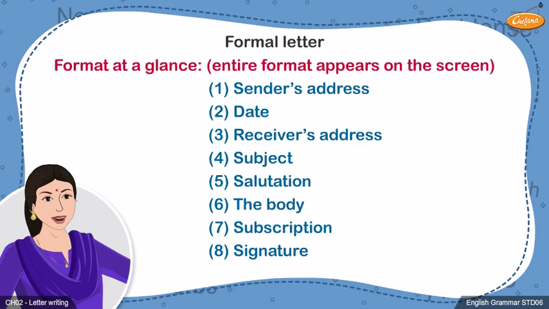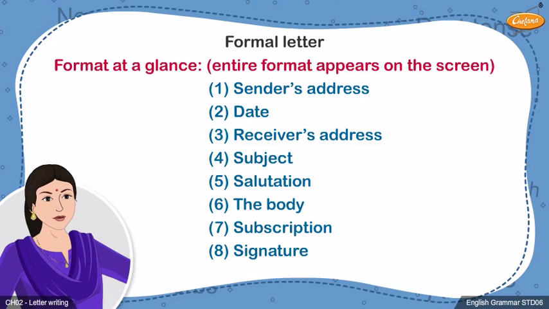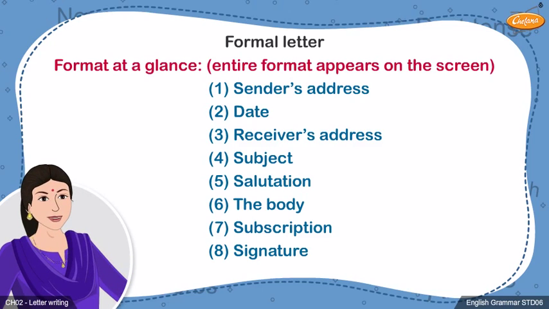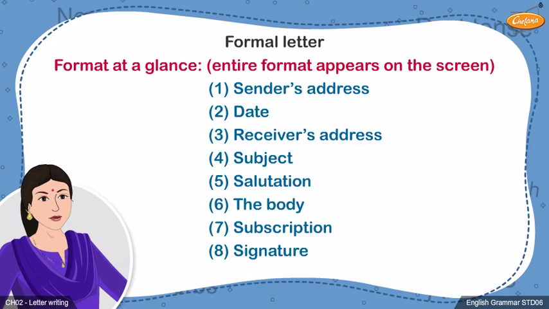The topic given to you is: write a formal letter to the manager of the sports shop asking for a replacement of badminton rackets that you have purchased for your school. So students, we have our topic, and first we start with the sender's address, followed by the date and the receiver's address. Remember that in this we are writing a letter to the manager of the sports shop as a